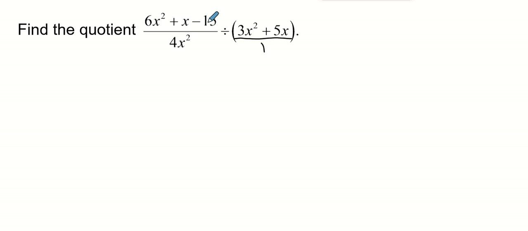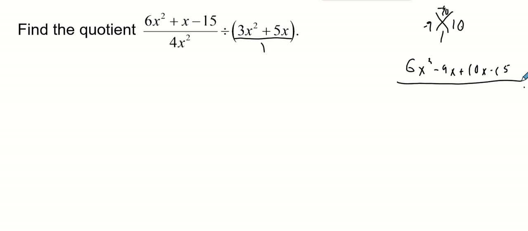So 6x squared plus x minus 15, that pesky a value is not 1, so I'm going to break it down a little bit here and do my factoring to the left. So a times c is negative 90, and I got positive 1. So 9 and 10, and one has to be negative, and that's going to be negative 9. So if I break out 6x squared minus 9x plus 10x minus 15. This is one reason why it's so crucial that you're skilled at factoring,